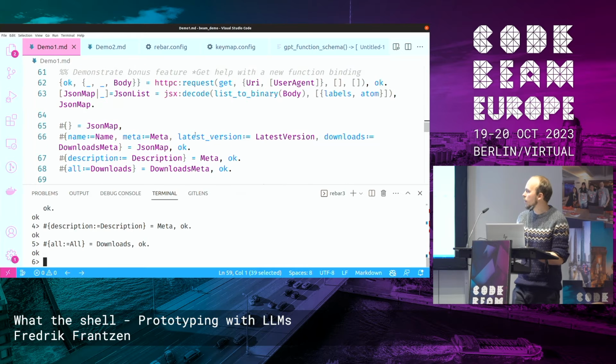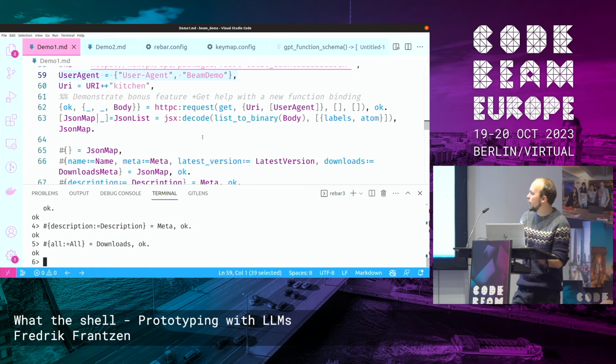Okay, so now I was able to parse this package out of this HTTP request, and I can probably do that for every package inside this request.